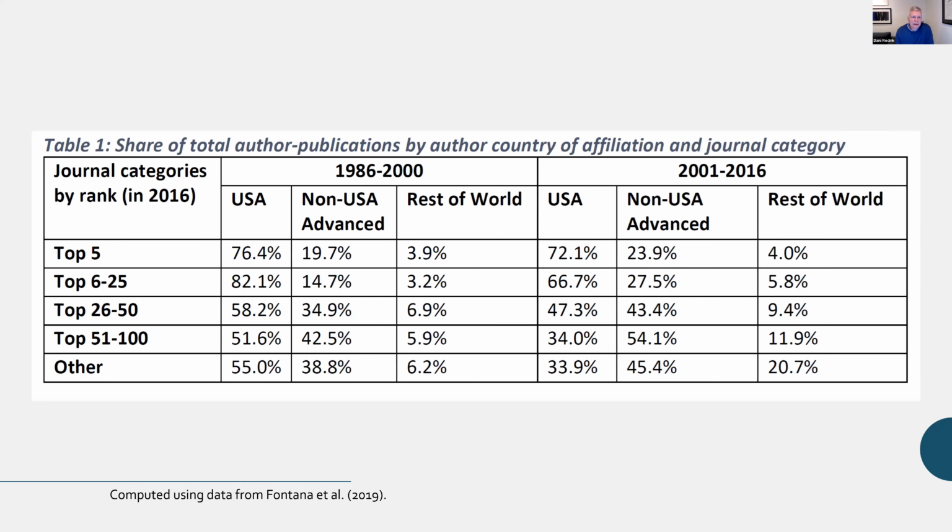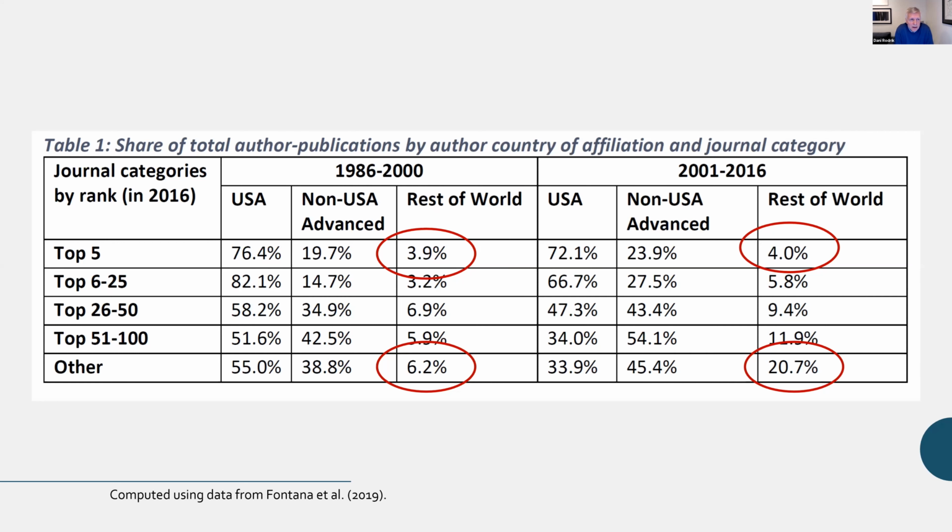What strikes me here is really two things. One is that at the very top, the most selective journals, the share of the rest of the world really has not changed much at all. There has been some rebalancing among the advanced countries, in particular Europe has gained some ground if you look at the other columns. But the rest of the world, which is mostly developing countries, essentially the share